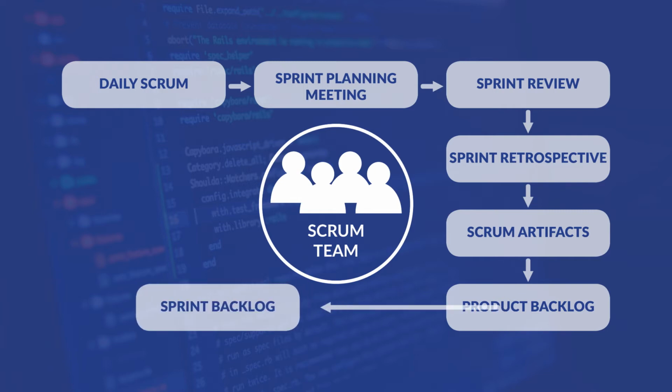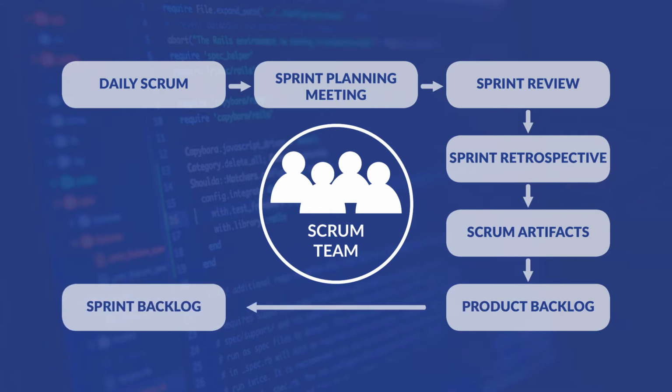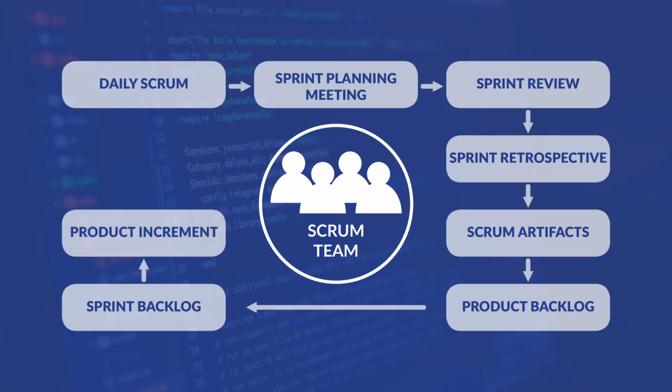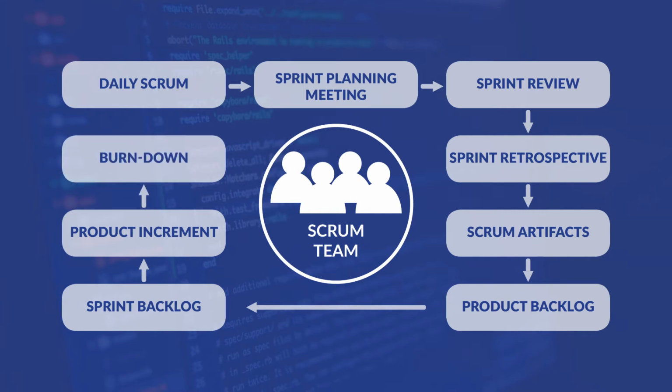backlogged. Sprint backlog is a list of tasks that must be completed before selected product backlog items can be delivered. We also have product increment, which refers to what's been accomplished and reflects how much progress has been made. Lastly is burn down, which is a visual representation of the amount of work that still needs to be completed. A burn down chart has a y-axis, which is work, and an x-axis, which is time. Ideally, the chart illustrates a downward trend as the amount of work still left to do over time burns down